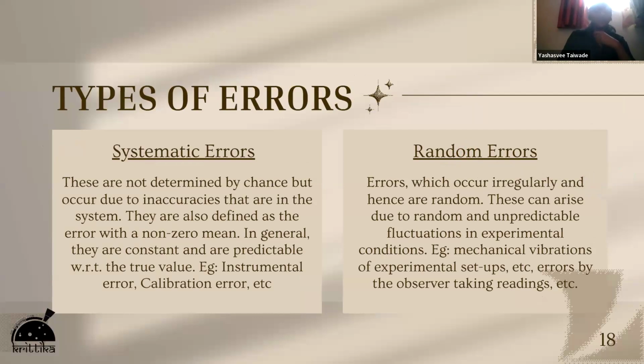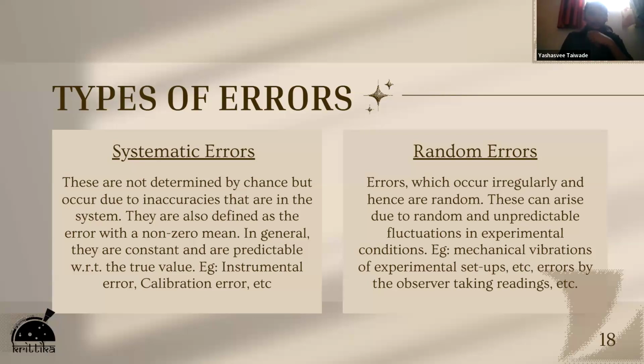So whenever we are working with data, we do encounter some sort of errors. The type of errors which we will be tackling in the next session: there are two types of errors which we will be looking at. So there are systematic errors and random errors. Now these errors, in general, are very important. I believe that you guys might have learned it now, but it also has a practical application, because we want to minimize these errors as much as we can. So here we will be discussing two types of errors: systematic error and random error.